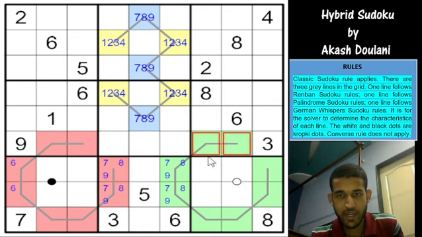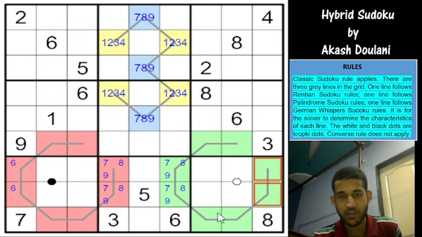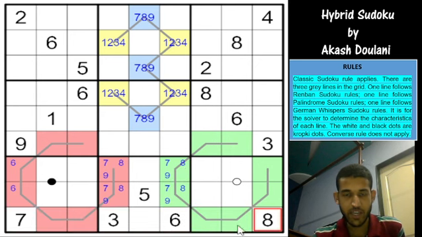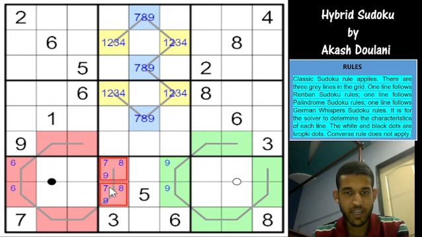Now we know that the green line is a palindrome, right? This is a Renban, this is a German Whisper, and this is a palindrome as we established at the start. Can you have a 7 or 8 in these two cells? 1, 2, 3, 4. 1, 2, 3, 4. So the third and the fourth cell from either direction, because of classic, cannot be 7 and 8, right? So which means I can eliminate 7, 8 from these two cells, and that basically gives me a 7, 8